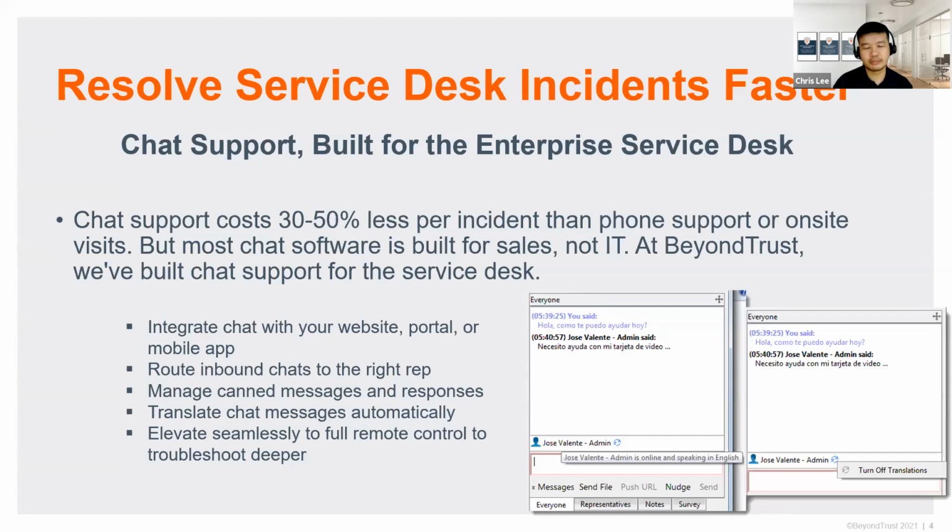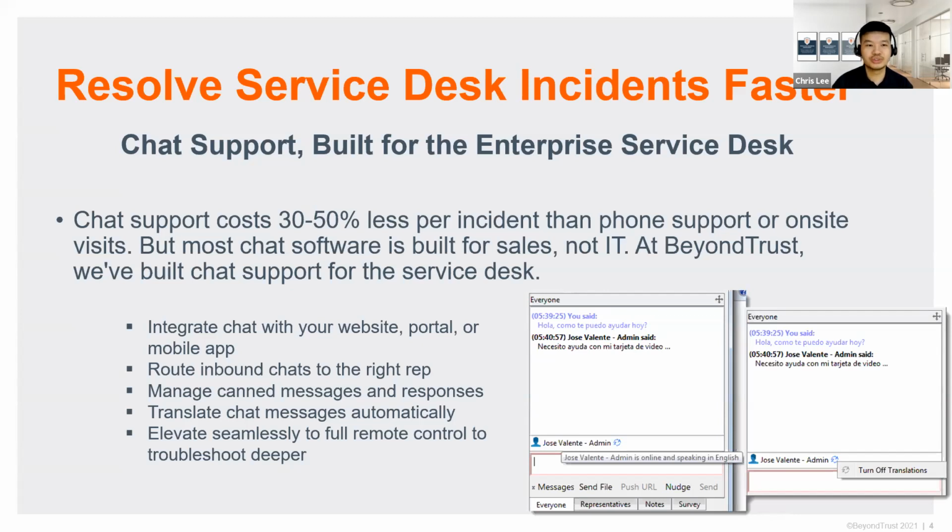We talked a little bit about the problem around inefficiency. Therefore, having chat support really brings the support process to the next level. A lot of time during the old days, a lot of people didn't really believe in using chat.